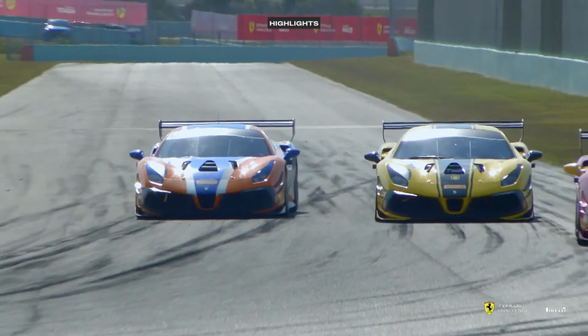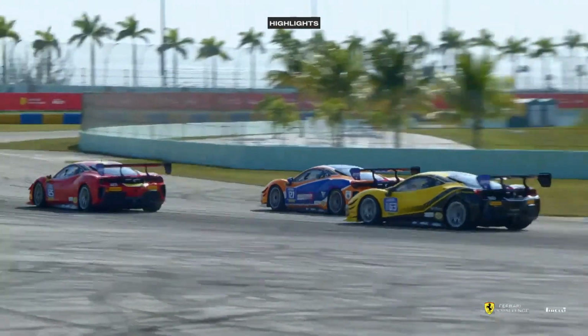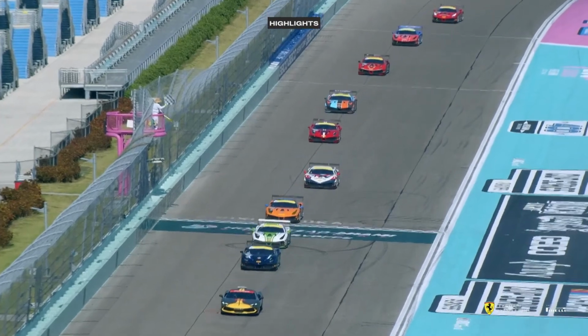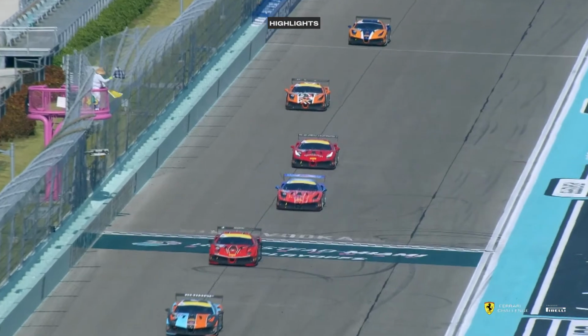Well, this move from Lisa Clark was absolutely precision perfect. The 125 car was in a different class. It was all about the orange and yellow cars here. Regrettably, the race would finish under the yellow flag and behind the safety car, but it meant nothing because all